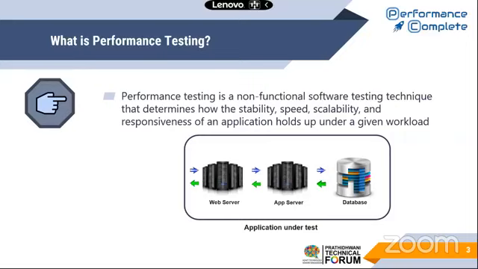But when your application is going to production, that means the live environment where a number of users are going to hit your system, you want to know what is the performance that you are going to get from your application in terms of its stability, speed, scalability, and responsiveness. For an example, take the example of Amazon Big Billion Day. So Amazon opens the Big Billion Day, and they don't have any idea about how many people are going to hit their system on that day. And we all know we wait for that day to do a bulk purchase.